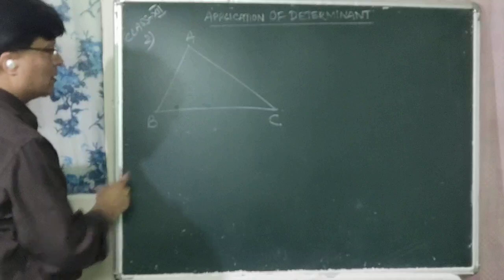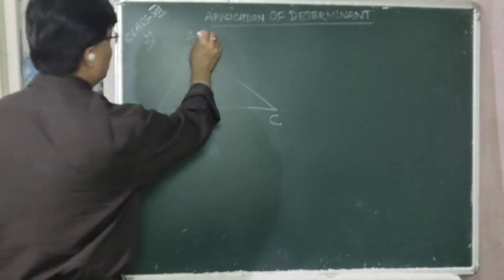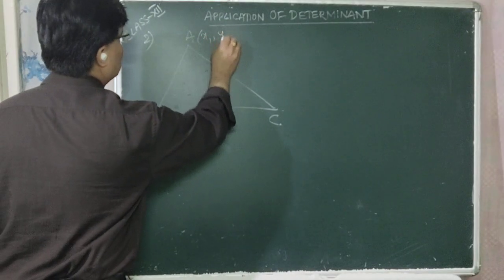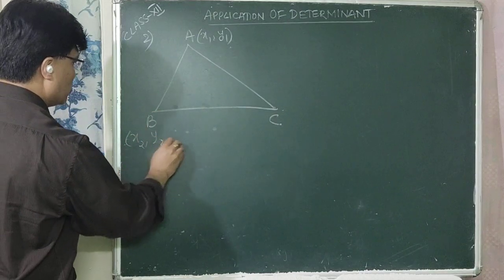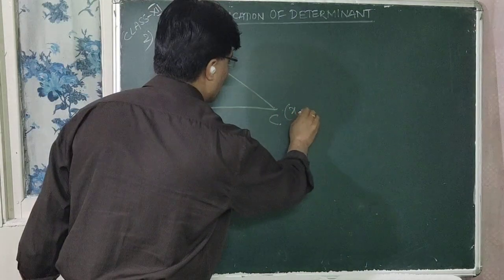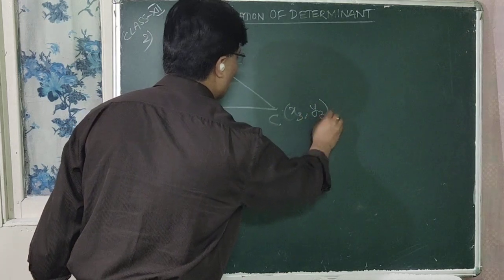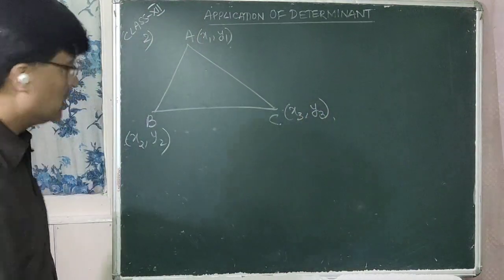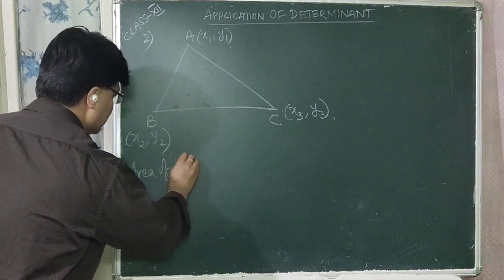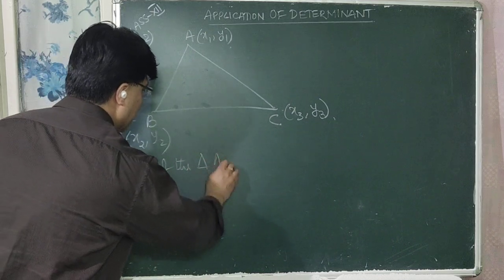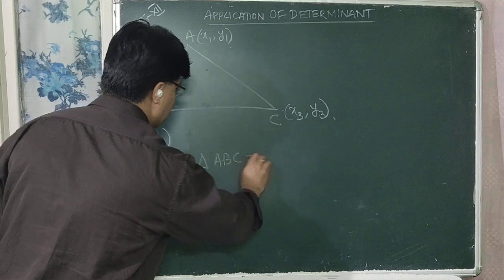Suppose these are A, B and C. Suppose A's coordinates are x1, y1, B's coordinates are x2, y2 and C's coordinates are x3, y3. Right? So the area of the triangle ABC is equal to